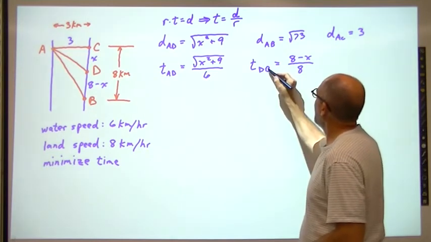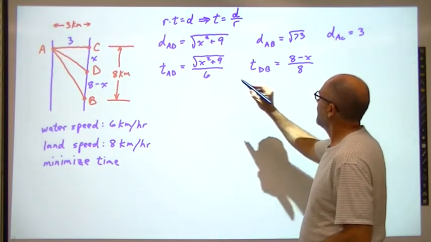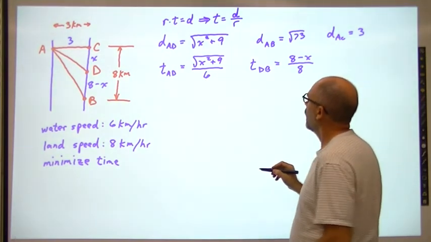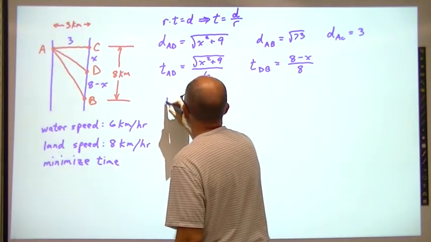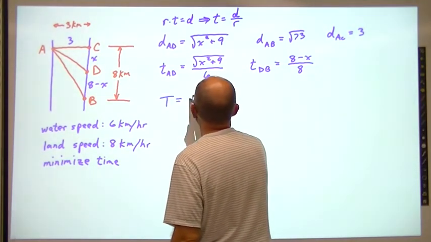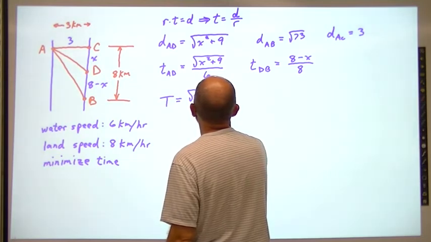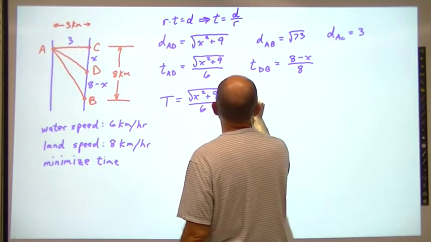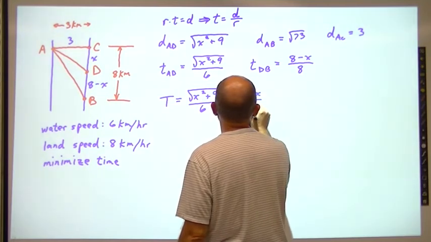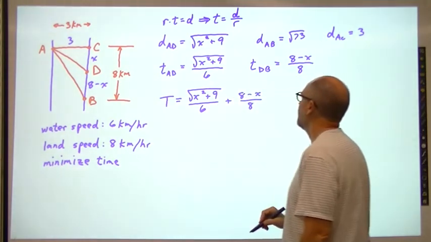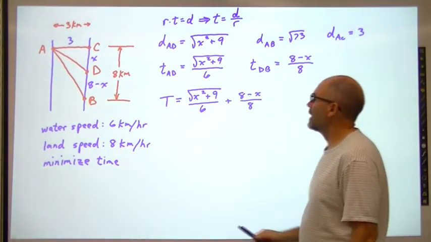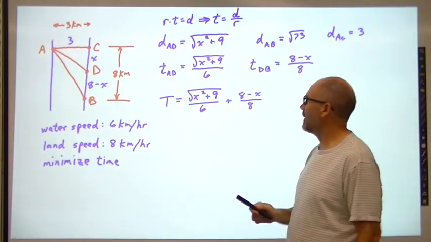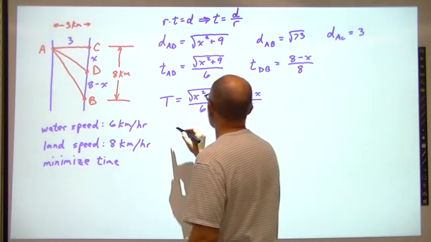Okay, so we have the time from A to D and the time from D to B. So our total time is going to equal square root of x squared plus 9 over 6, plus 8 minus x over 8. And now, remember, we're trying to minimize time, so we take the derivative of time with respect to x. So t prime then,